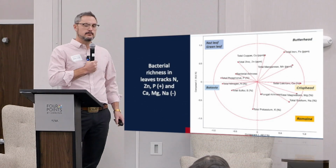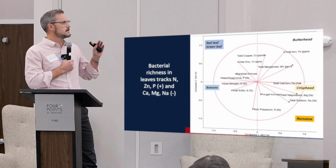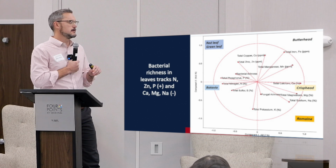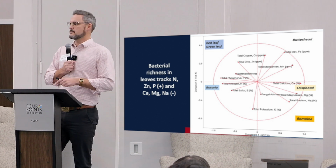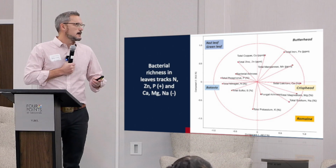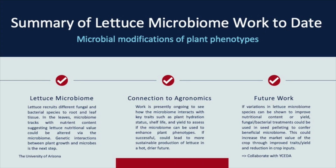And so to tie this all together, we can assess bacterial richness in leaves, and it actually tracks with the nutrient content. What this suggests is that through modification of the microbiome within the leaves, you could actually change or improve the nutrient content of the lettuce. To wrap this up, if we look at the lettuce microbiome, we know that the lettuce is actively recruiting different fungal and bacterial species. In the case of the leaves, it's tracking with the nutrient content. Because we see this very distinct variation, it suggests that there's some type of crosstalk between the plants and the bacteria that likely has a genetic underpinning that we can leverage for the advantage of lettuce